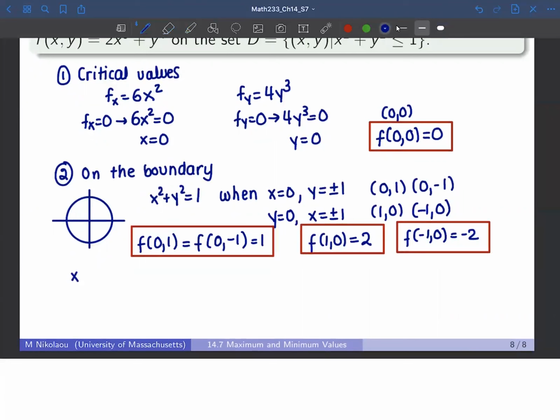In this case, we have that x squared plus y squared is equal to 1, and from that we get that y squared is equal to 1 minus x squared. Substituting that into the function f of x, y,